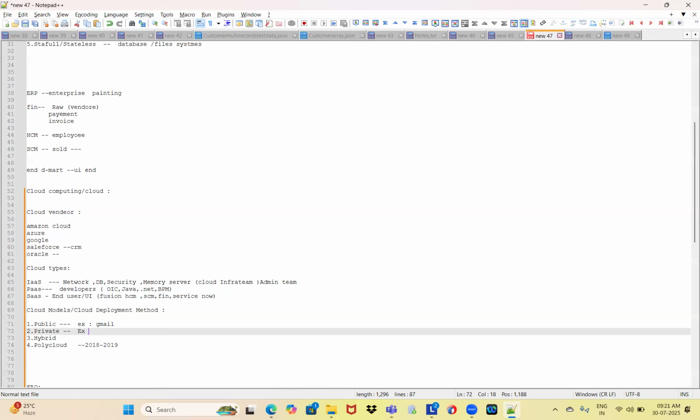So we have limited access, and those persons are authorized persons, and only they invoke the applications in the private cloud. So let's say, for example, net banking. Net banking is the best example. We don't give access to everyone.